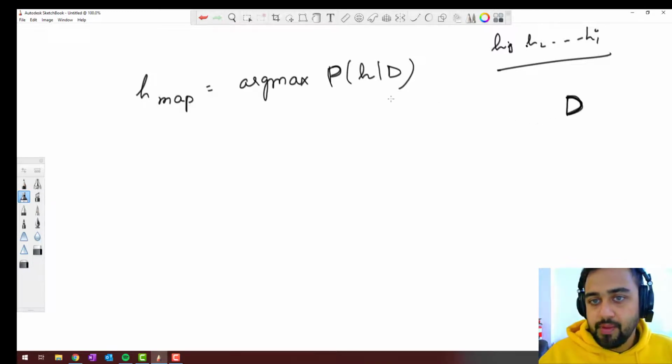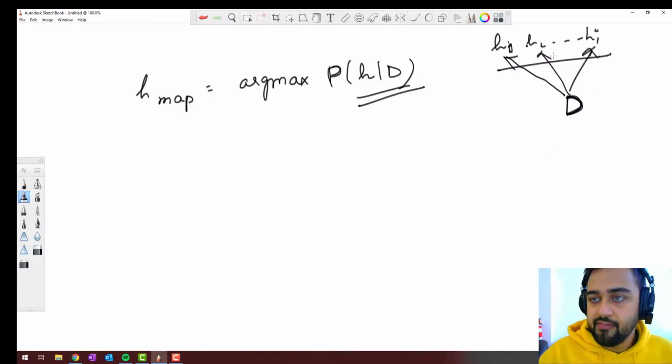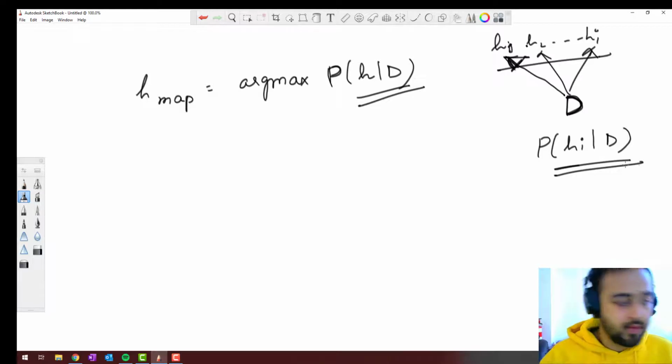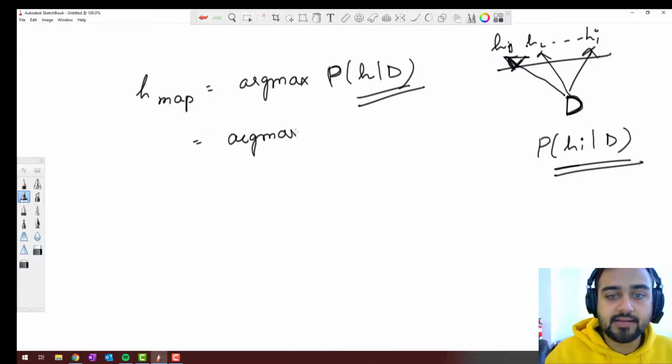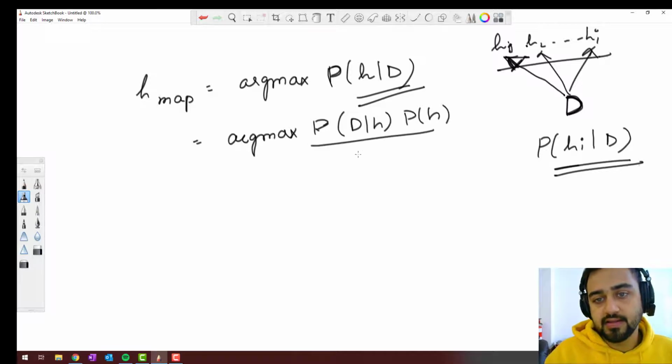P(H given D) is just the probability that D lies in class H1 or class H2 or class Hi. We find the class which has the max P(Hi given D). So this can also be written as argmax